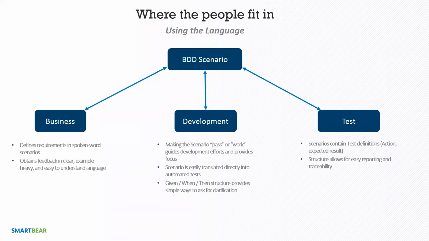And the test part is actually kind of the easiest part of this. It's pretty easy to understand why testers like BDD. Right. Because basically you're given a test design from your business people, so you don't have to go rewrite it, which is great. Your developers will go ahead and implement that test design in pretty much any kind of code format you'd like. But one other big piece, and the reason it's a really good process fit, is it allows for really easy reporting from test. Again, it's one of those underappreciated values here.